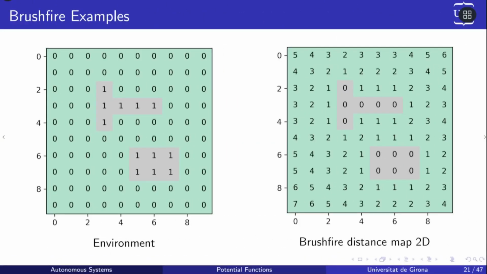If I just take the previous one and remove 1, I have that the distance from obstacles to obstacles is 0, while the distance from these points to an obstacle is 1, from here it's 2, from here it's 3, 1, 2, 3, here it's 4, and so on. It doesn't matter the route you follow, the minimum distance is always the same, okay? As I told you,